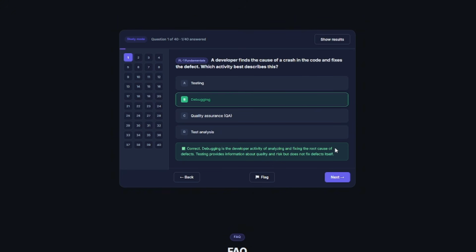The correct answer is B. Debugging. Debugging is the developer activity of analyzing and fixing the root cause of defects. Once the cause is found, the code is changed so the crash no longer occurs. Option A is wrong because testing finds and reports issues. It does not fix the code. Option C is wrong because quality assurance is a broader management framework covering processes and standards, not the act of fixing a single crash. Option D is wrong because test analysis is about identifying what to test from the test